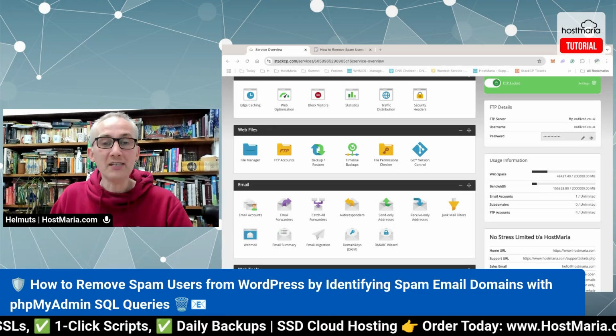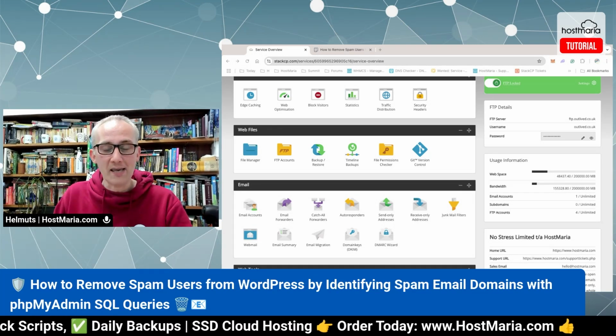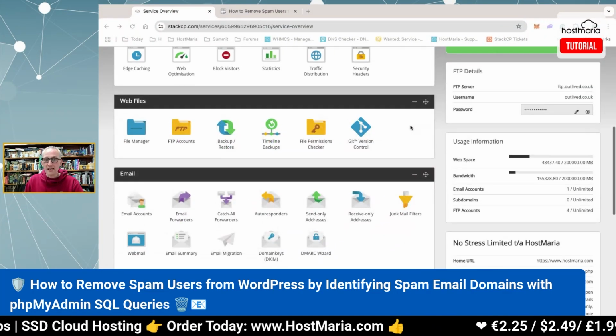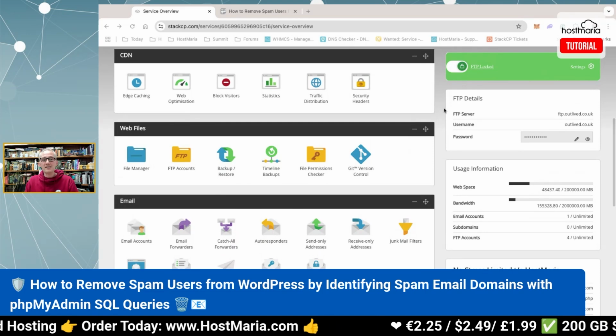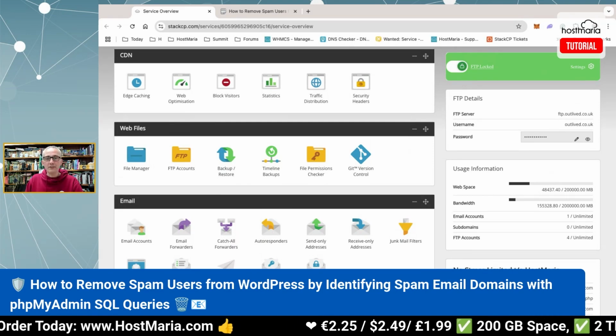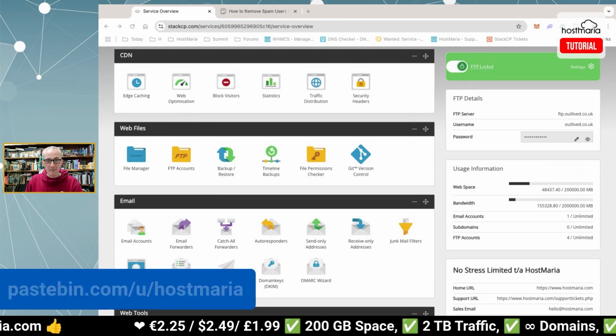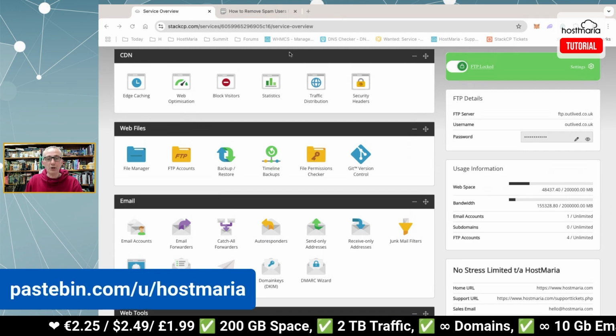Okay, so let us move in and let us see. Let me prepare the screen. Okay, this is the StackCP dashboard, and it will be quite similar. I have also prepared Pastebin. Please go to